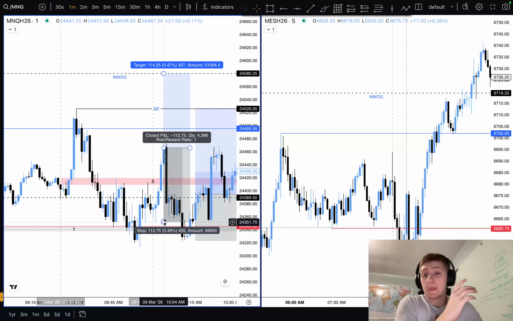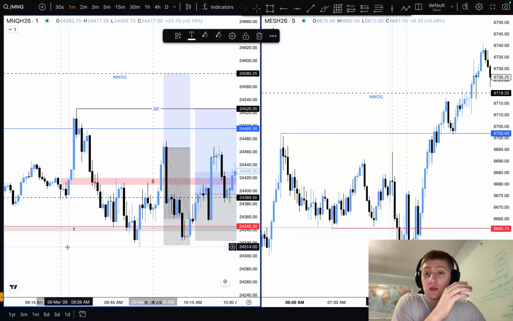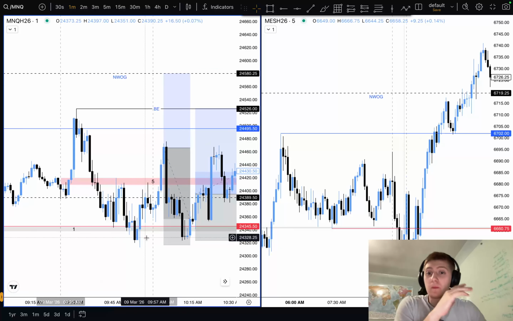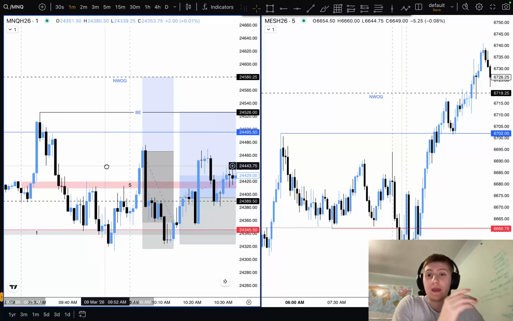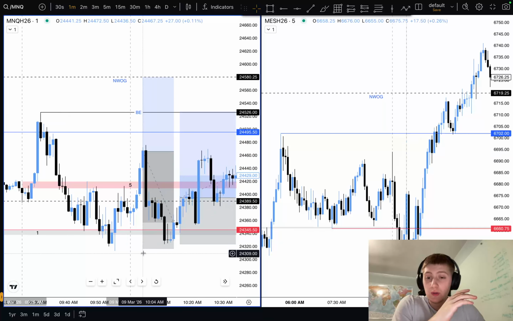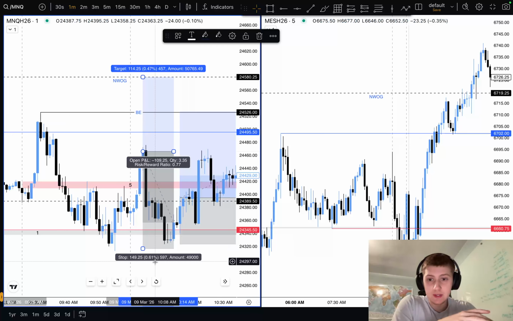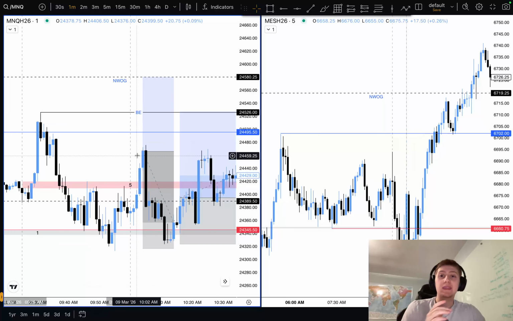Totally wrong. My point of invalidation should have been these lows where the accumulation was manipulated. Price does not want to go back to it. We can clearly see price did not go back to it. And if I knew and set in stone with discipline that my stop loss is here and that the 5 minute inverse was here,